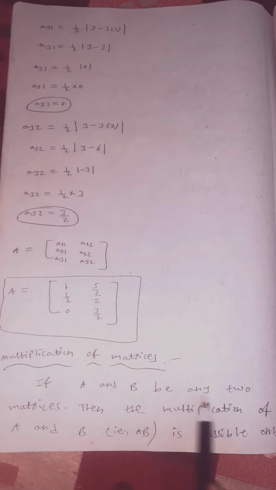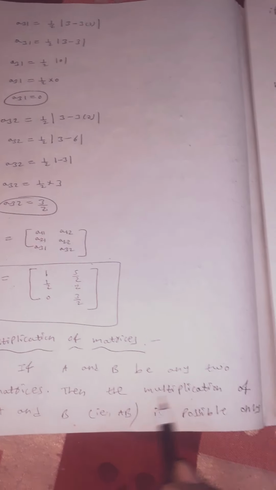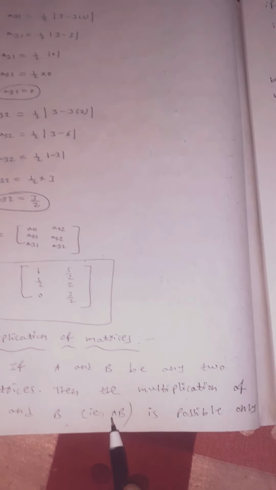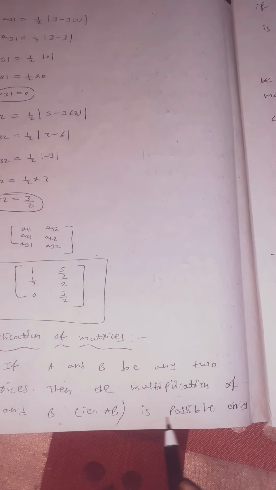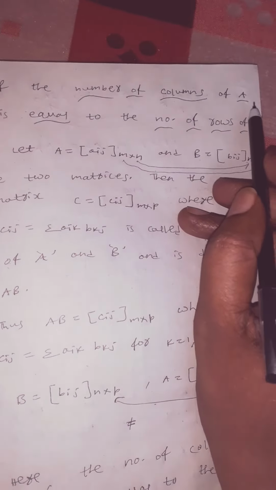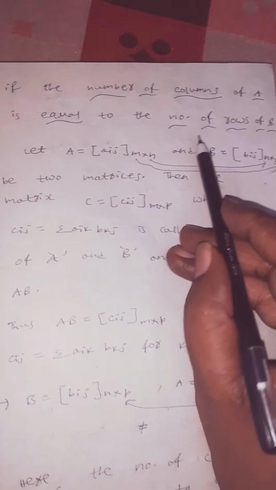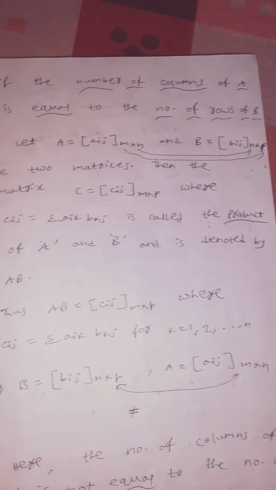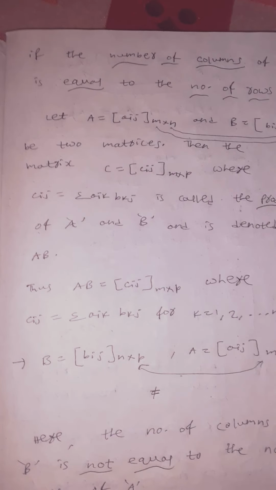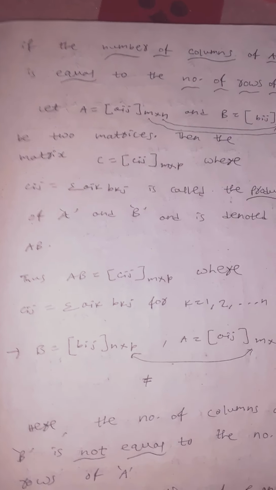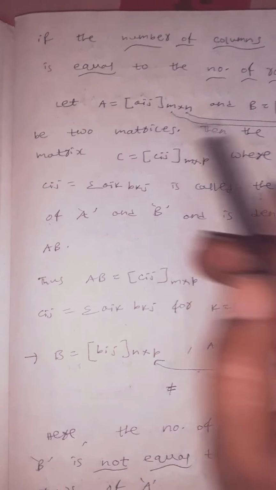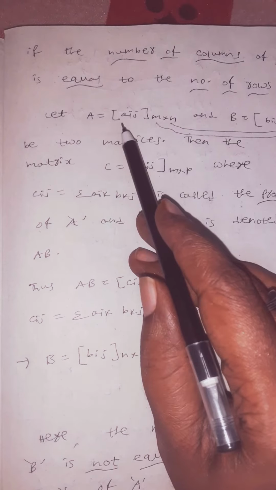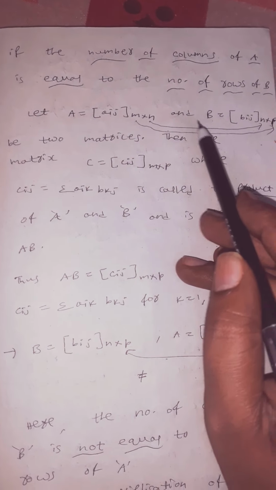If A and B are any two matrices, then the multiplication of A and B, that is AB, is possible only if the number of columns of A is equal to the number of rows of B. So when is it possible, children? In matrix multiplication, if the number of columns of A is equal to the number of rows of B. Take an example: let A equal Aij, an m by n matrix,